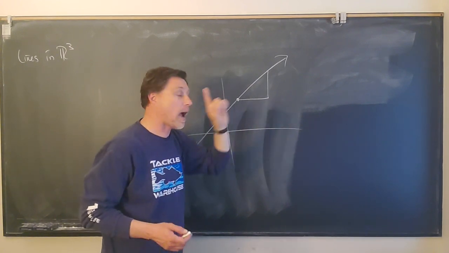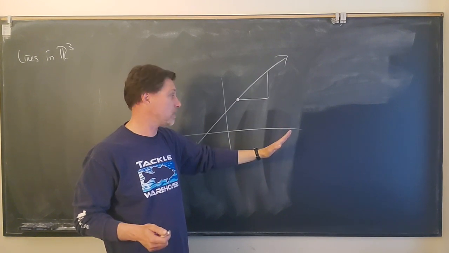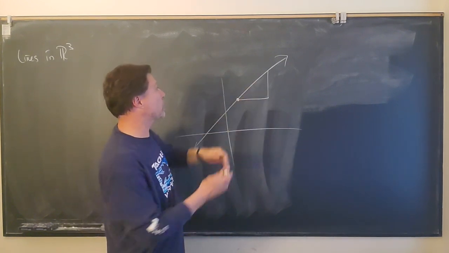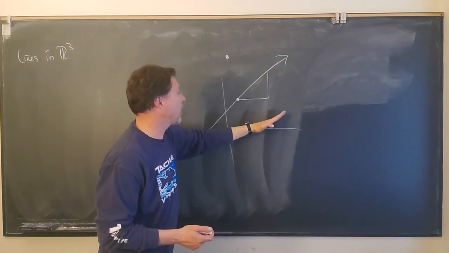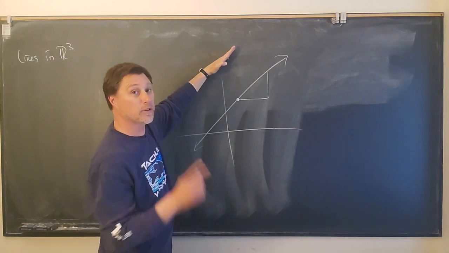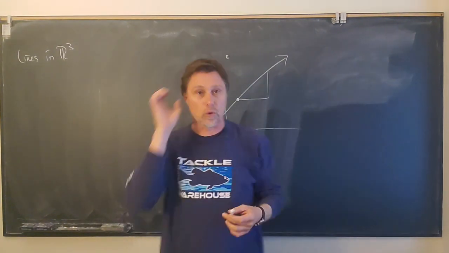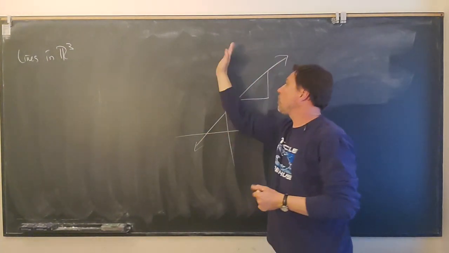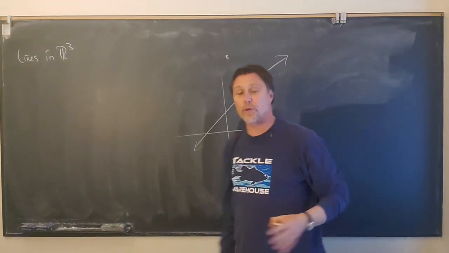But then if you say, I'm thinking of the line that has a particular slope, a particular slant, and passes through a particular point, say if I want it to pass through that point right there, then there's exactly one line that satisfies that. So that's why in R2, a line is determined by the slope and a single point that it passes through. Now, when we get into 3 dimensions,